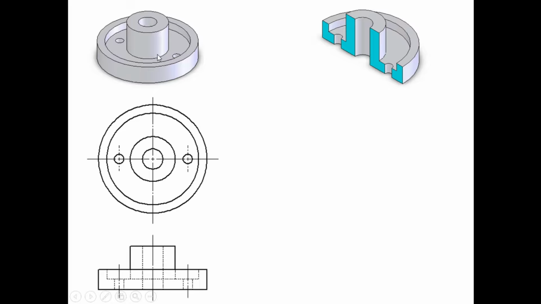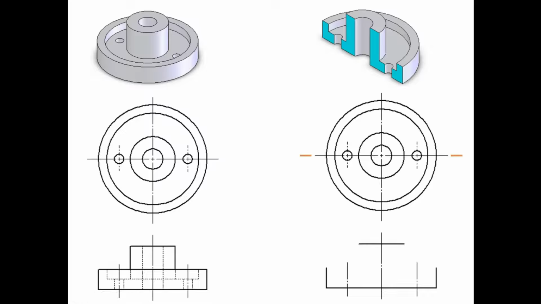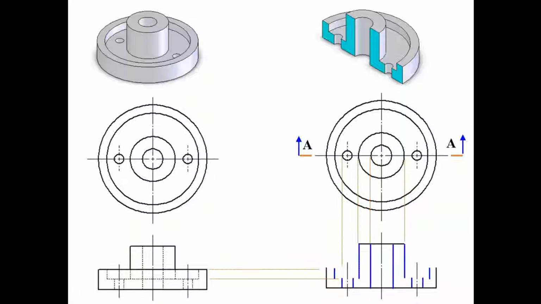This is the complete part without sectioning. This is the front view and top view. When you cut, it will look like this. We are cutting from this side, removed part, and the front view will now have this shape with the hidden edges as object lines and the section with hatch lines. Now, if I want to teach you the mistake, what is the mistake here? Can you find the mistake in this diagram? The mistake is why we are making this hidden line. If you draw this type of hidden line, it is wrong because it is coming inside the hatch pattern. So avoid this. It should not be there in the sectioned object.